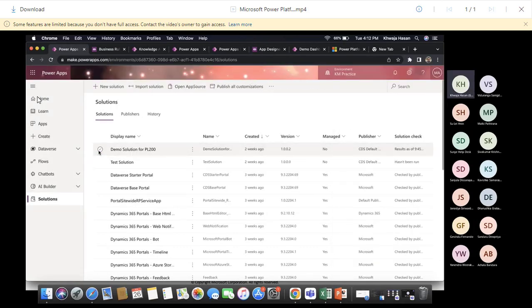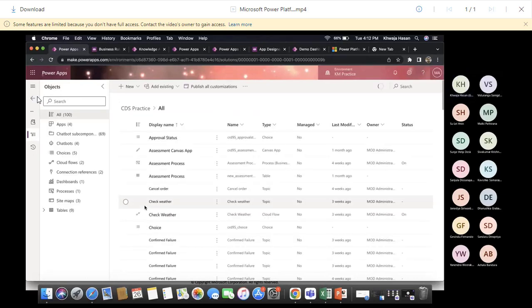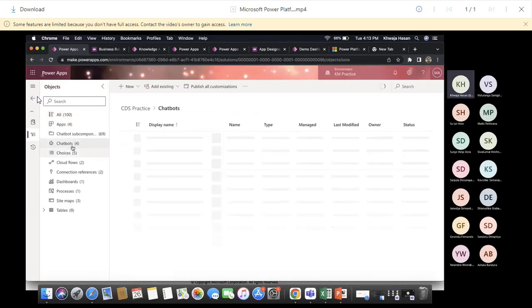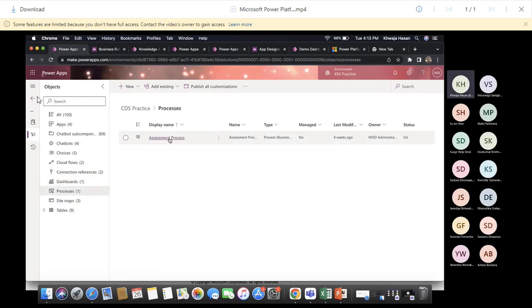I can import it in any other environment. All the apps, all the workflows, all the business process flows, all the chatbots that you are creating in your environment will be stored within your solution. I have this CDS practice, so I can see all the details. There are 4 chatbots created, 4 choices created, 2 cloud flows created, 2 connections created, Microsoft Dataverse, MSN Weather, 1 dashboard connected, processes, assessment process,